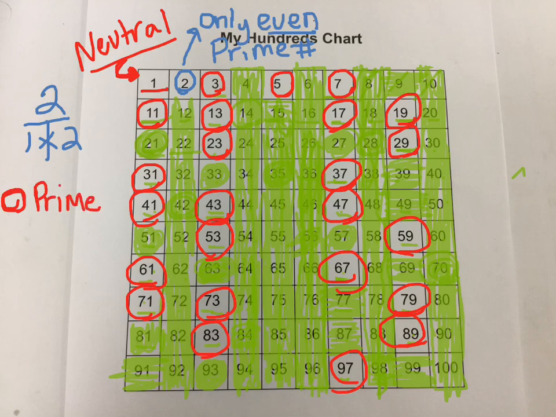Okay, so the ones that are circled are our prime numbers, and the ones that we colored in green are composite. Okay, those of you at home, since you don't have the hundreds chart, if you will just list the prime numbers, you don't have to list all the composite numbers, but list all the prime numbers, the ones that are circled in red, and then list